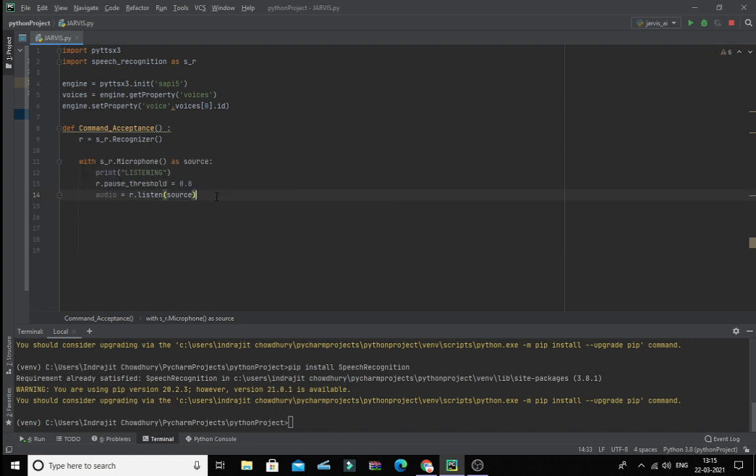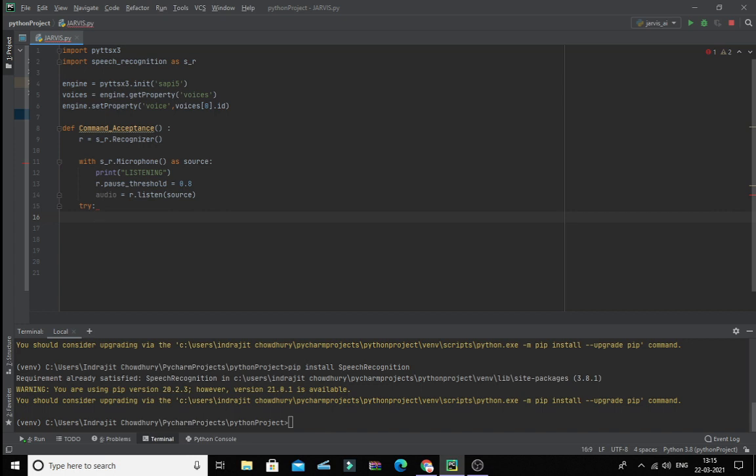After we are done with this, we are going to define a try-catch block. As you know, in Java it is known as catch, in Python it is known as except. So it will be a try-except block. Within that try-except block we will write statements so that the user can understand whether his input has been understood by the computer and is ready to be processed, or it has undergone some errors and has not been recognized.